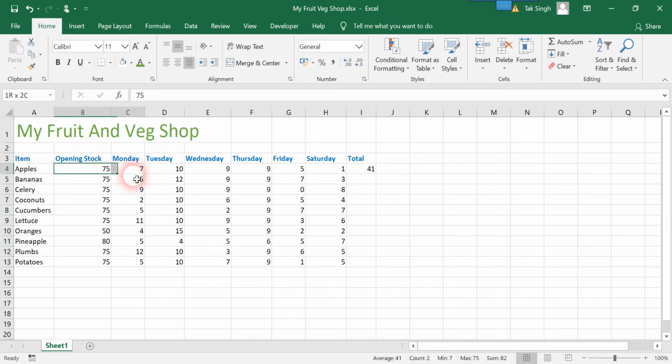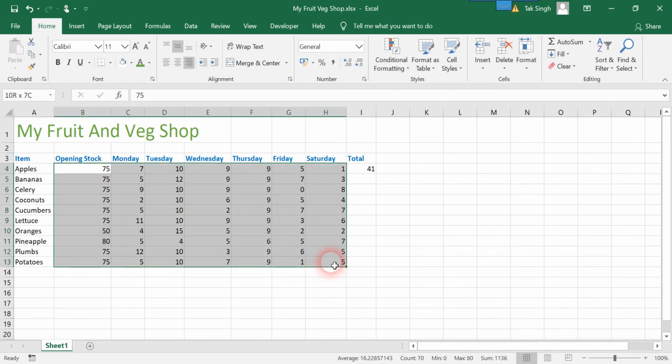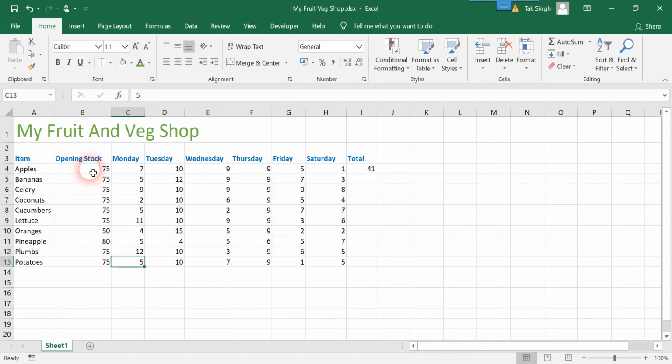It's true not just for column selection, it's true for any range selection. I have selected 70 cells. Let's check it: 10 into 7, 70 cells.